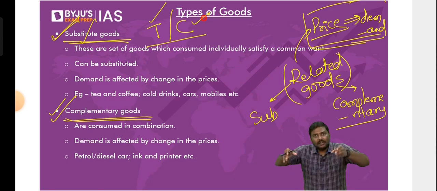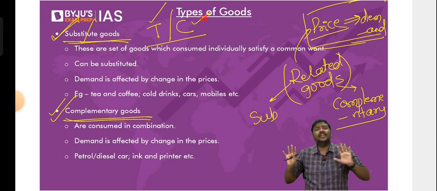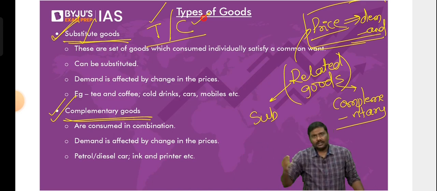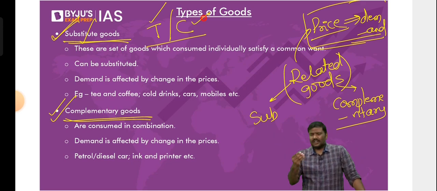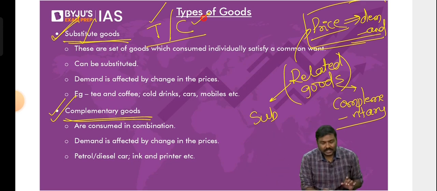Is there anyone who says, I will mix both of them and drink? I understand this, right? Either you drink tea or you drink coffee. That's it. You'll not mix both of them and drink. These are called substitutes. Because when you go to a restaurant or a hotel, you'll either purchase a tea or you'll purchase coffee. For example, imagine 10 of your friends have gone to a restaurant. Let's say a couple of them will order tea, a couple of them will order coffee. So whenever you can consume these particular goods individually without combining them, these are called substitutes.